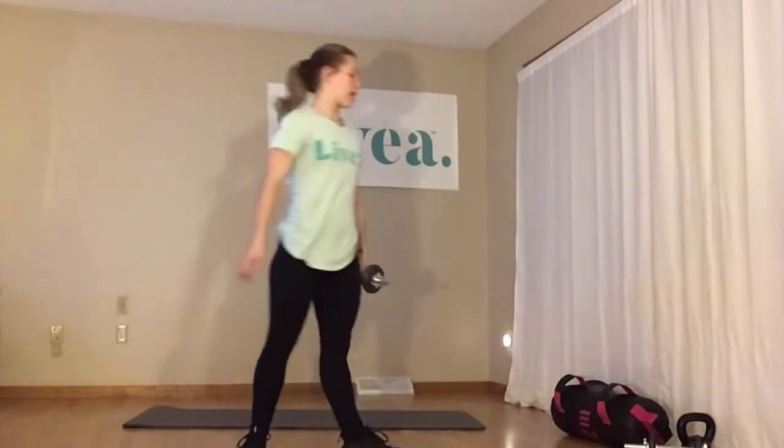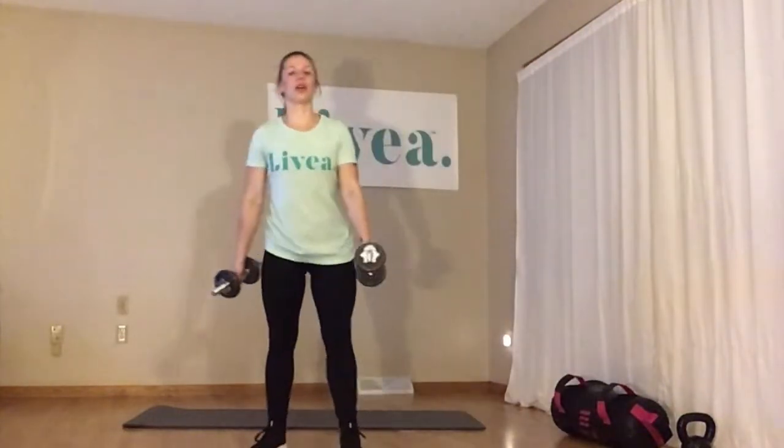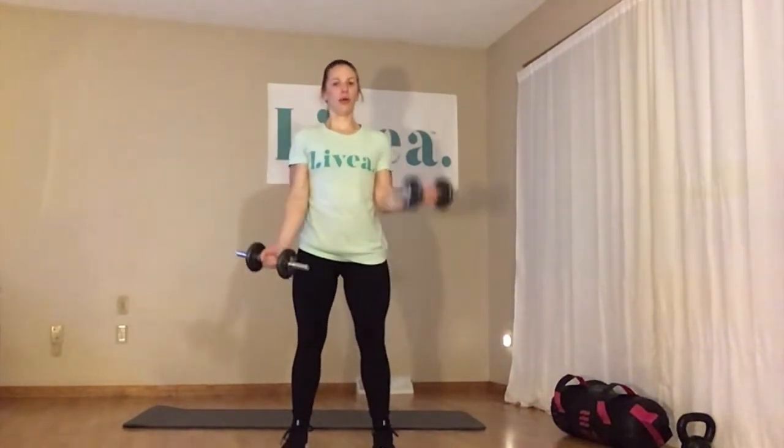All right, come up, grab your other weight. We're gonna alternate these inner curls. So we've got 20 each side. After our second arm comes up, we count that as one. So here we go. 1,